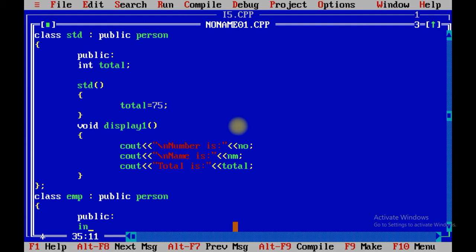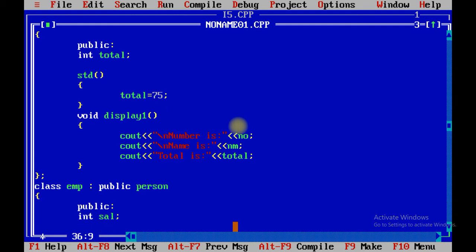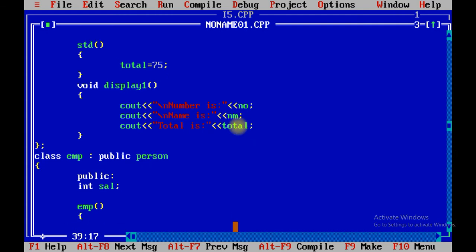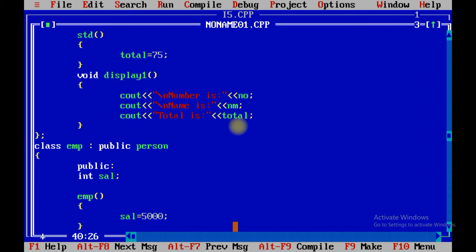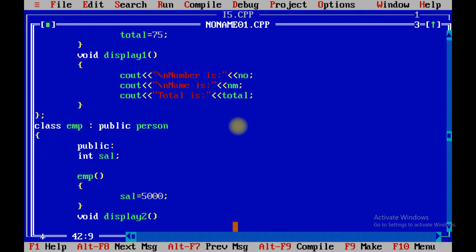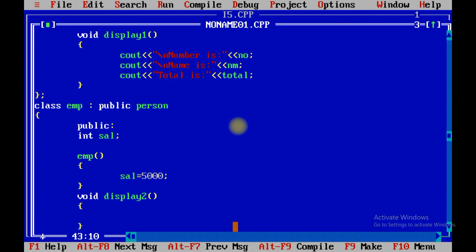We are going to create variable salary, create constructor of employee class and make the initialization of salary, say for example 5000. Need to create one method void display2. We cannot create similar method. Display1 is the part of student class and display2 is a part of employee class.